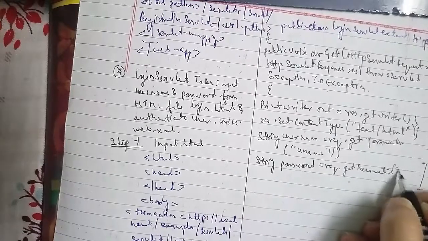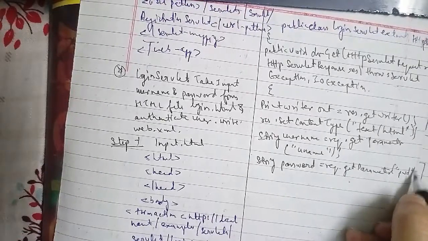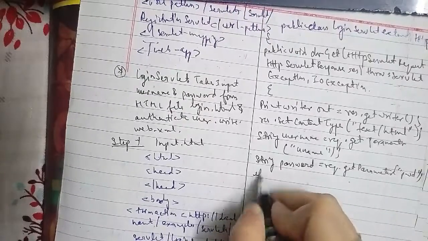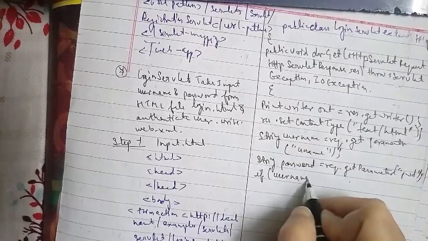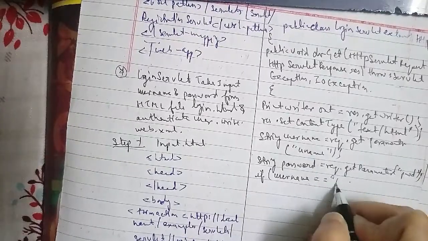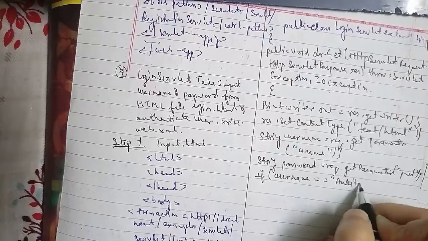Okay, so then you have to out dot print like welcome plus username, जो भी username होगा. Okay,